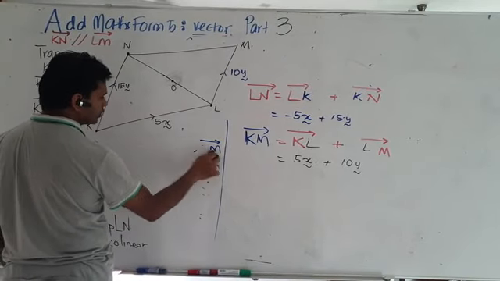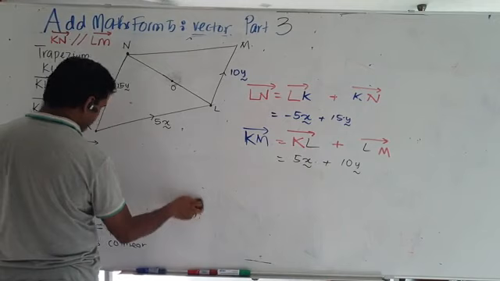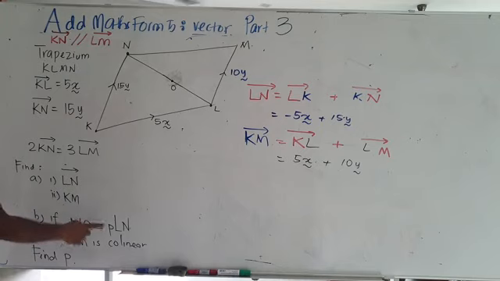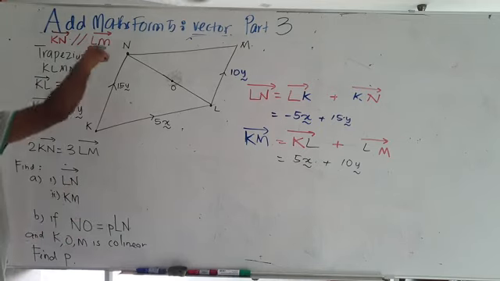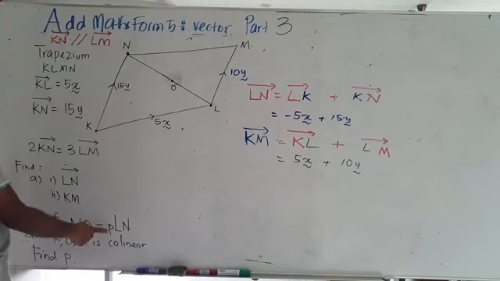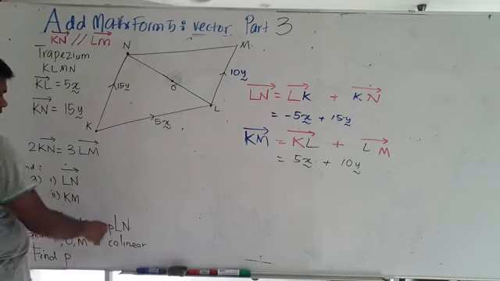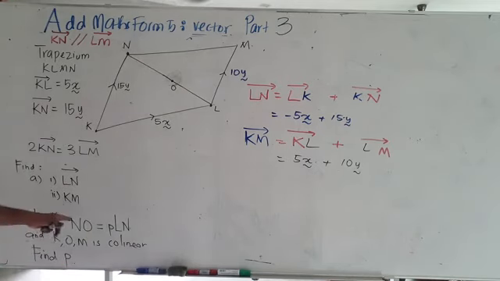All right. So this is a paper 2 question. Let's move on a little bit more into the next part. Next question. If NO equals to PLN, where's NO? NO is here. PLN is just showing you a ratio. It's not a vector because there's no arrow. If there's no arrow, it shows length. So whether it's NO or ON is the same, because it's not a vector, no direction, no positive, no negative. So the length of this is equal to PLN. So what does it mean? Let's write it down in terms of ratio.